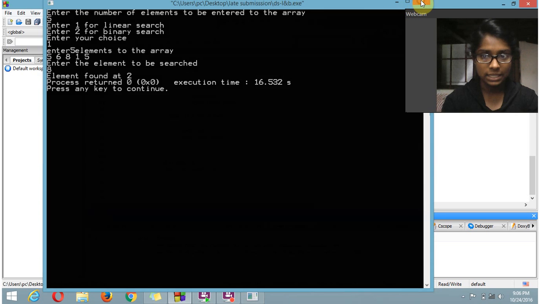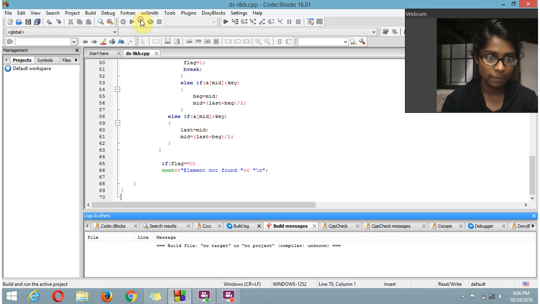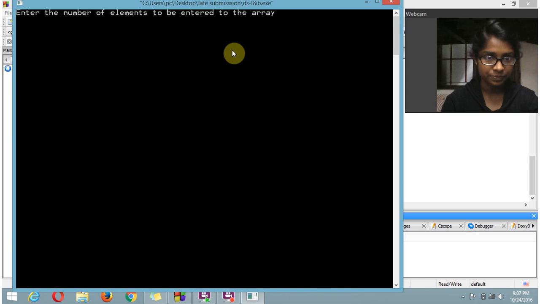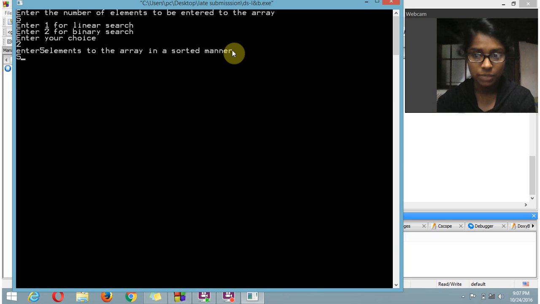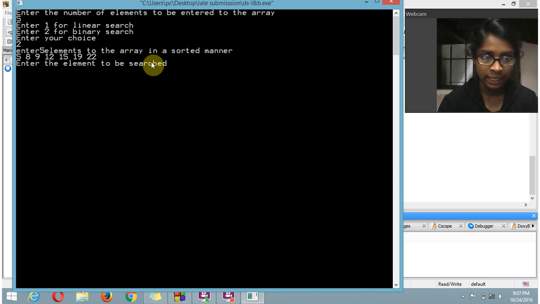Now let's see the output for the binary search. I'm giving the same number, 5, and 2 for the binary. Enter 5 elements. So it should be in a sorted way, so I'm giving elements in the sorted manner. Enter the element to be searched. I want the element 9 to be